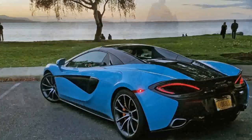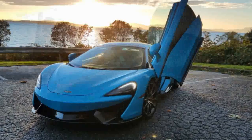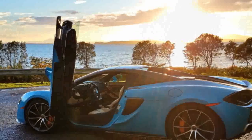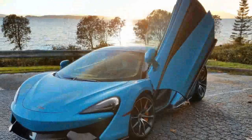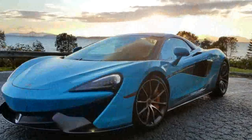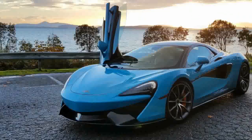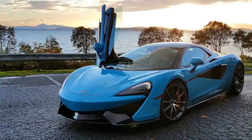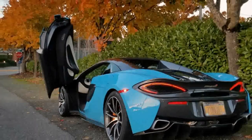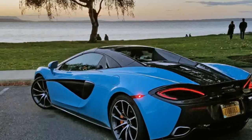I ran one full tank through the 570S, and fuel mileage was pretty bad, though not single-digit bad. The ride, while good by supercar standards in its softest setting, is still pretty stiff and punishing on poorly maintained roads. The cost of one minor mishap with the McLaren, anything from a bump in the parking lot to a wheel scratched on the curb, is going to cost as much as parking a beer in your driveway that you don't really care about. Save the McLaren for those random blasts up Chuckanut, and take the Mitsubishi to get groceries. Because when one of your cars is a McLaren 570S, who cares if